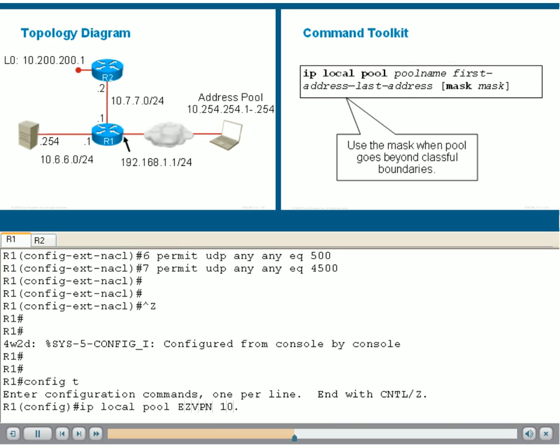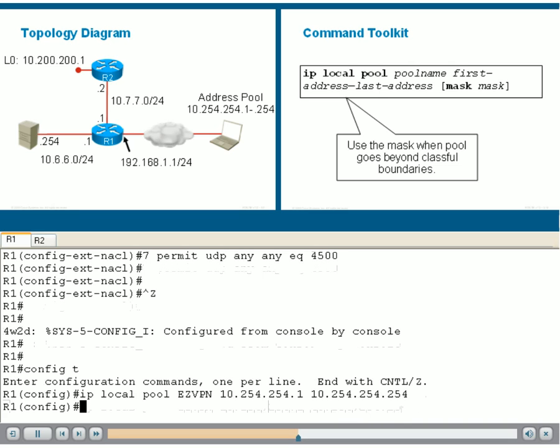10.254.254.1 through 10.254.254.254. Notice the use of numbers that are easy to identify, so administrators quickly know that these are remote access users, especially when they see source addresses within this range in routing tables, access lists, and other parts of the